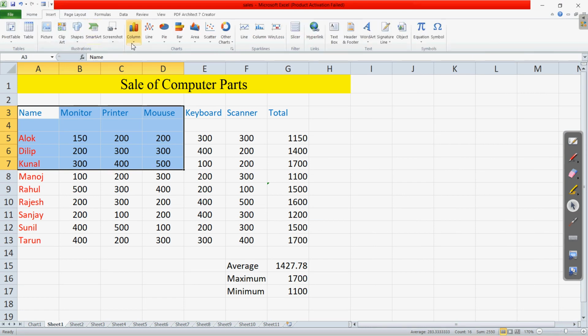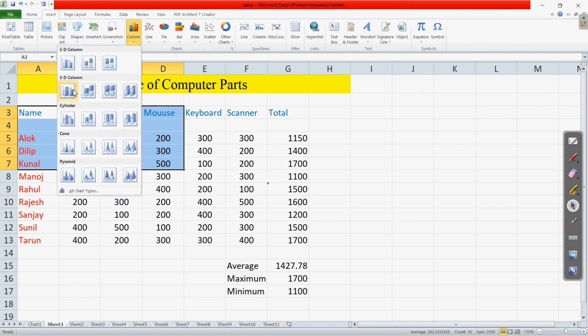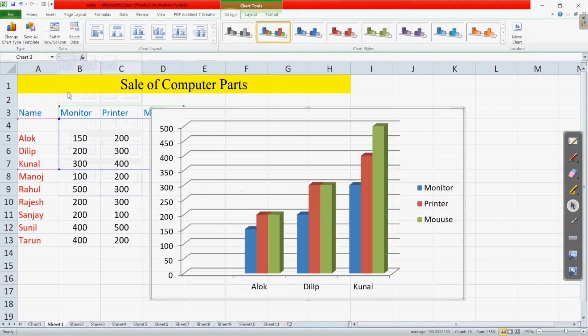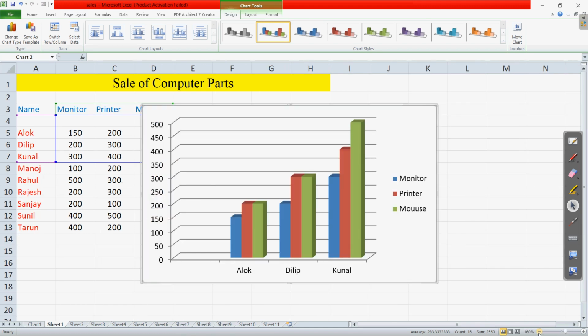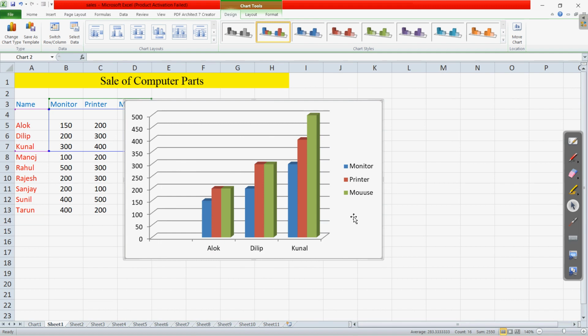I go to the Insert tab and choose the 3D column. If I click on this 3D column, you can see this is the new chart which is created. This chart is right now in the middle of the data, the table which we have.